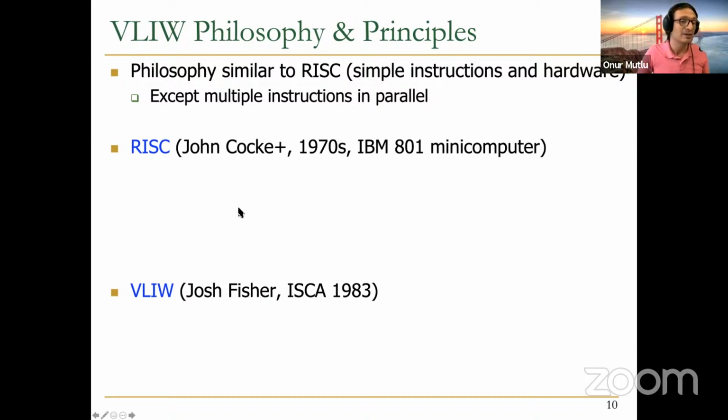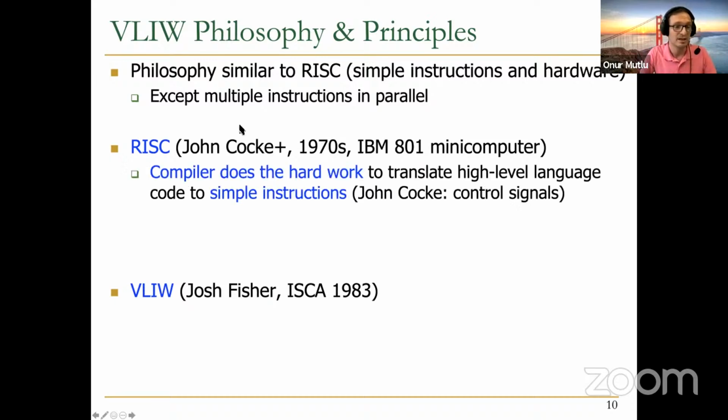Whereas VLIW is really multiple instructions in parallel, and the compiler needs to get parallelism across multiple instructions in a clock cycle. So that's the big difference basically between RISC and VLIW. We have multiple instructions fetched in parallel. So VLIW is in a sense a bit more ambitious because you really need to get the parallelism across these fine-grained instructions. So in RISC, the compiler does the hard work